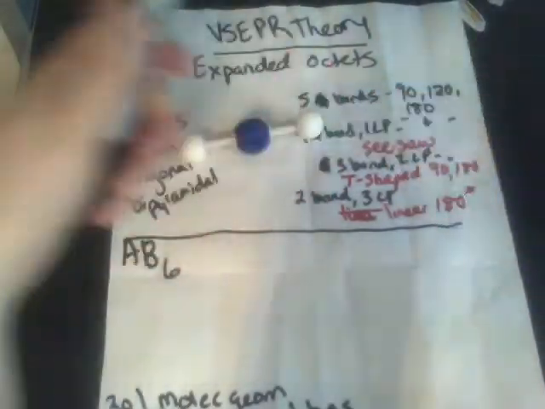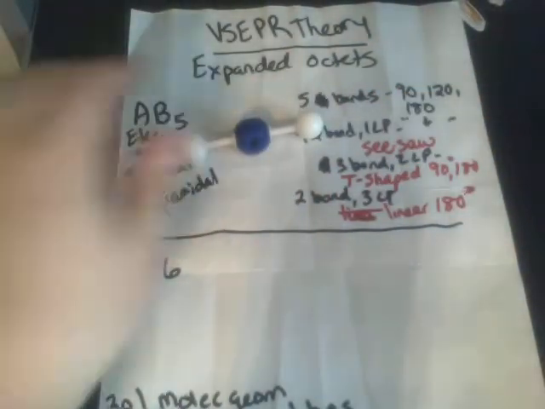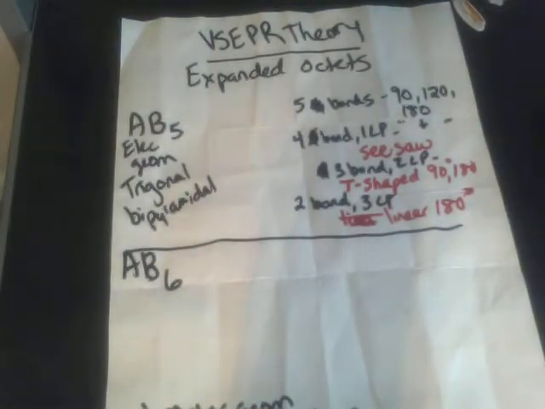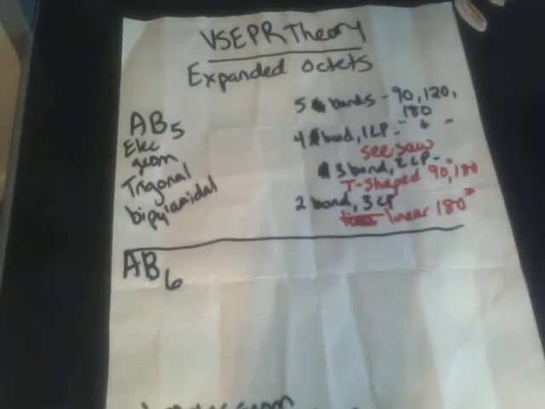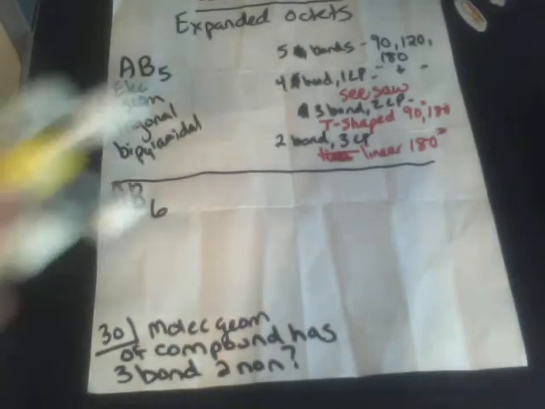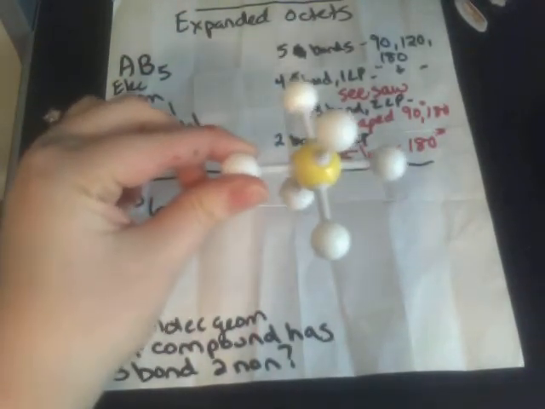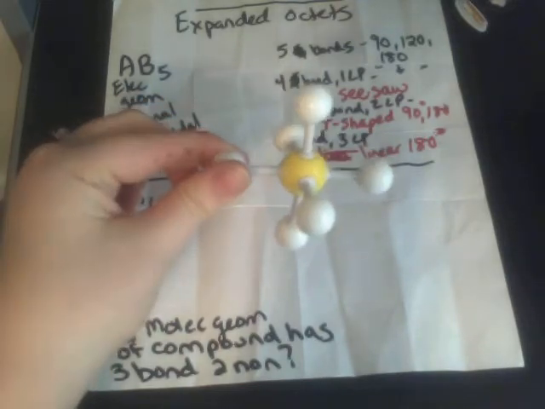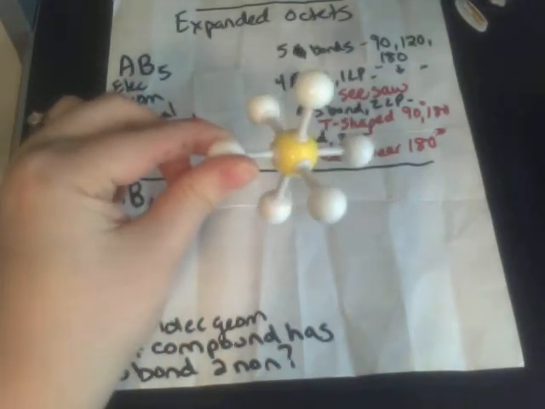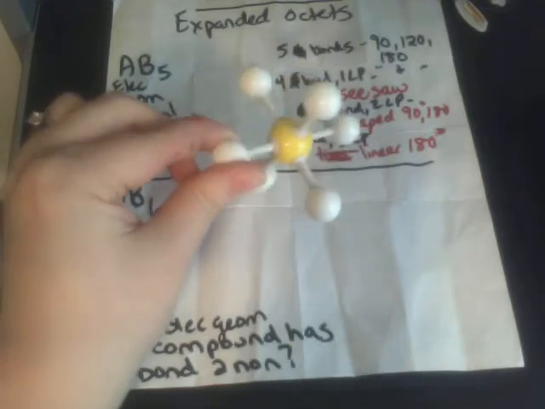So let's go down the rabbit hole with the other shape, with the expanded octet of 6. I'm putting my molecules back together here on the side. All right, so let's look at what it would look like if we had 6 electron domains. Bam. So, even though we have 6 electron domains, this is called an